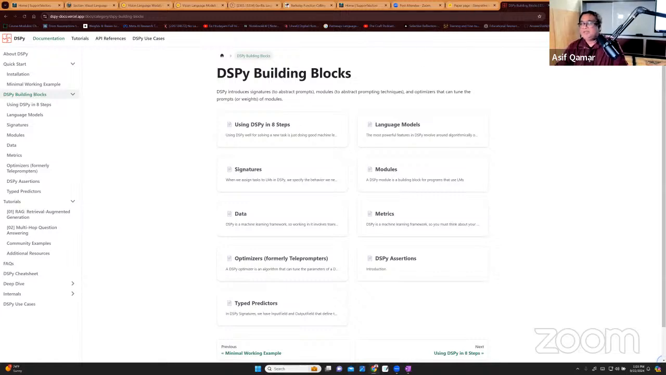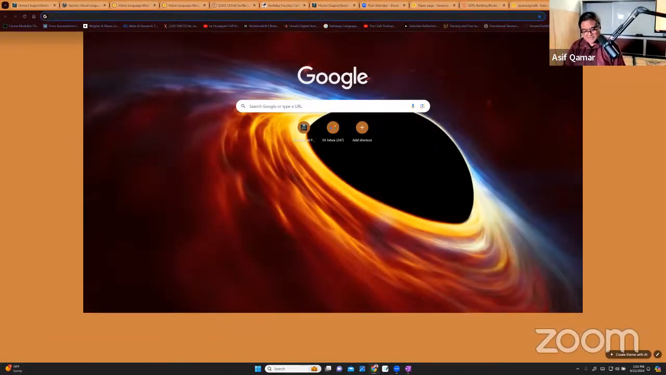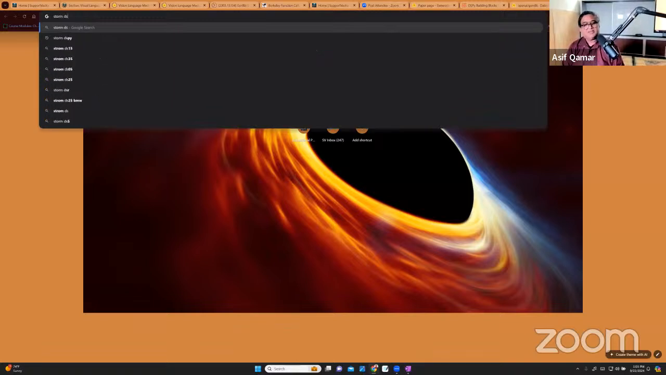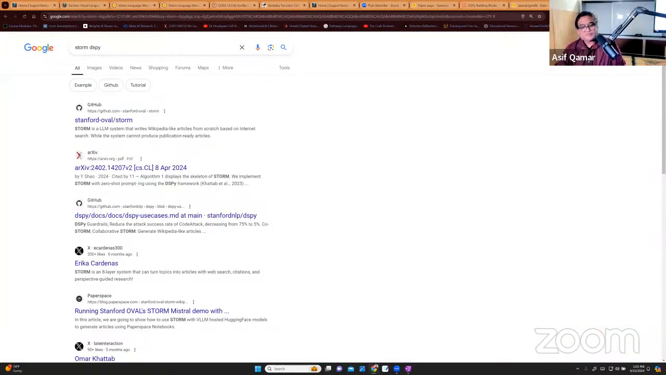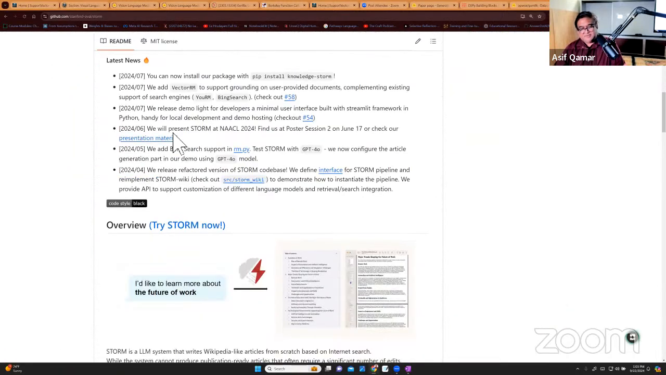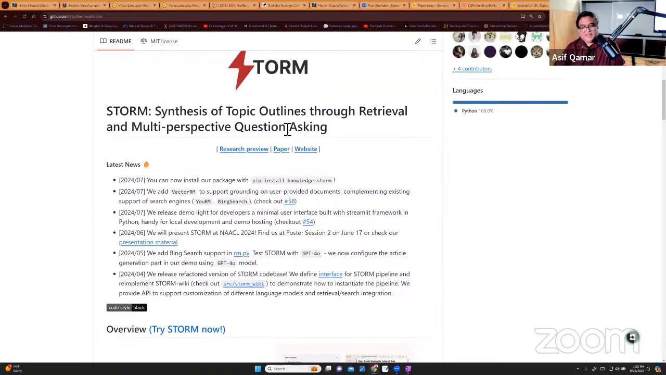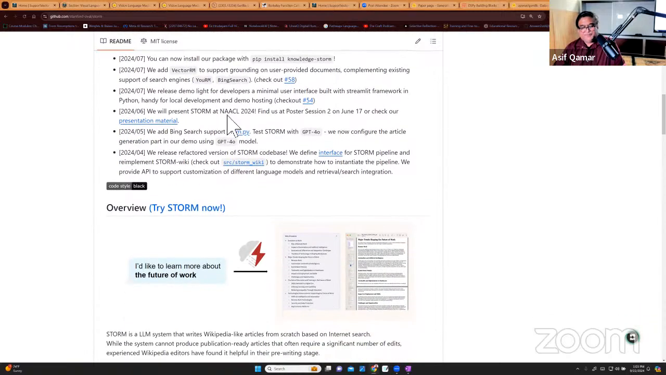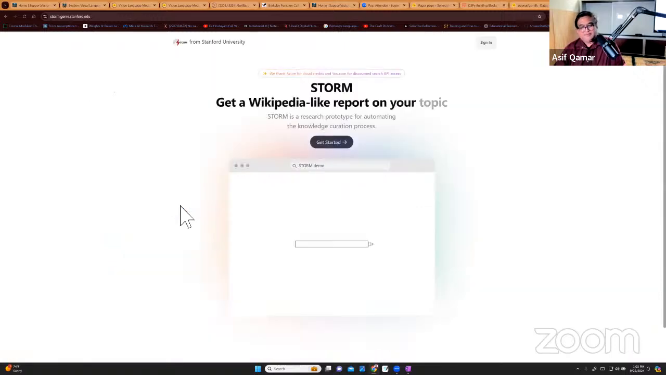Does it work? I'll show you something. I'll show you a project. Storm. Stanford created this, and there's a research paper. I will read this paper in the afternoon. What does it do? You can actually go and